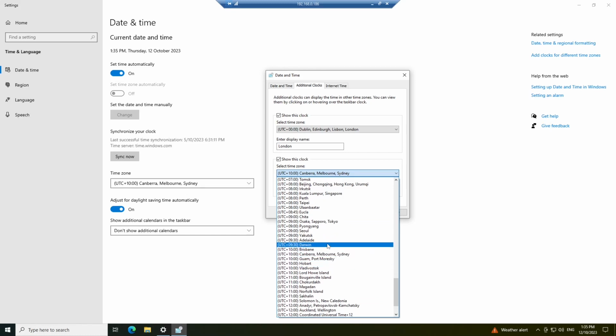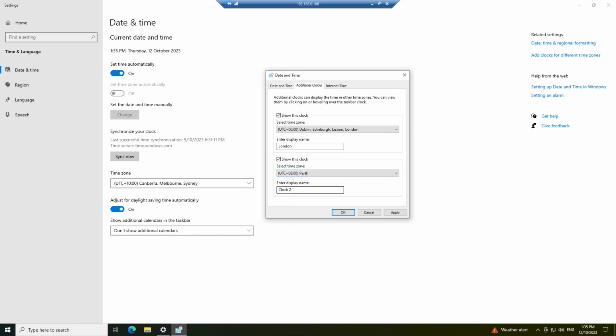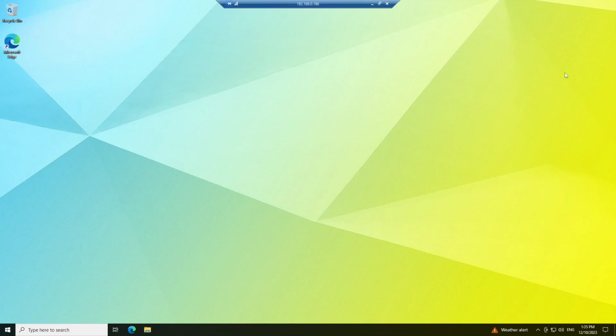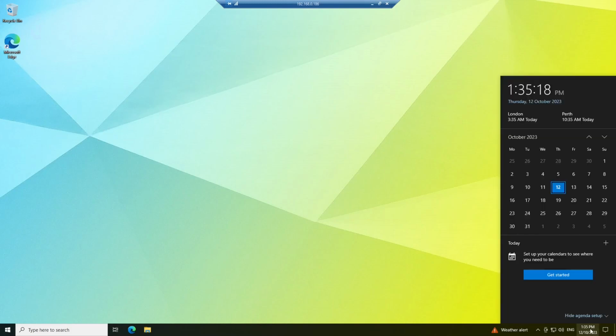And this time, let's scroll up and find Perth. And let's click on display and change that to Perth. Click OK. Now, when you look in the bottom right-hand corner, not only will you see your additional time, you'll see London